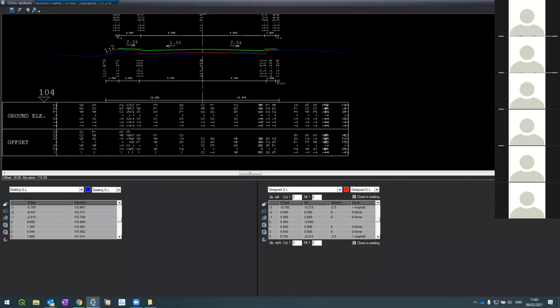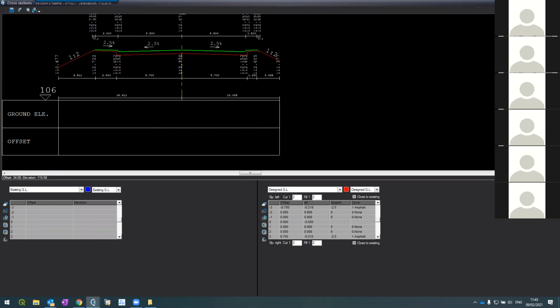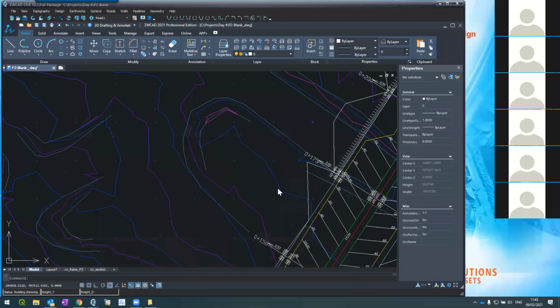If I click here, you see these stars, we call them intermediate sections. What the system did is that whenever it encounters a break or a change in the geometry, it creates an intermediate section. So for example, after 27.21 meters,